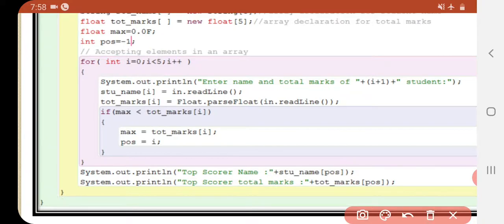If we don't know the size of the array, then we have to accept that size and put it here. If you want to use length, then you can use the array length. You can write stuName.length. You can use length also.